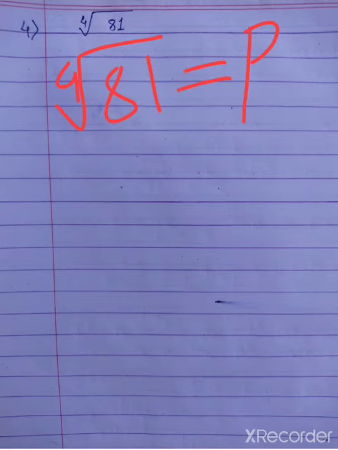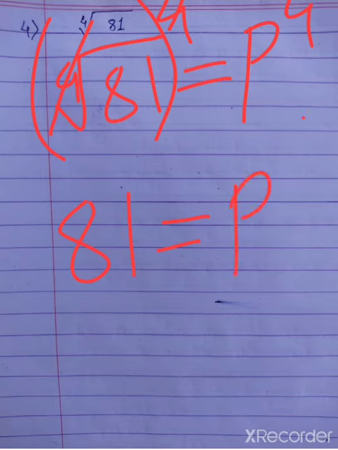Here you can write this 81. Here I am just selecting, suppose, any letter. Fourth root of 81 is, suppose, equal to p. So take fourth power on both sides. Here we are taking fourth power on both sides. So fourth power and fourth root will cancel and you will get only 81, which is equal to p to the fourth. Now use the factors. Our factors were 3 into 3 into 3 into 3, 4 times 3. So you can write this as 3 raised to 4 is equal to p raised to 4.